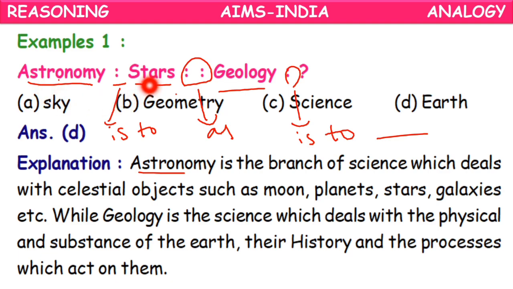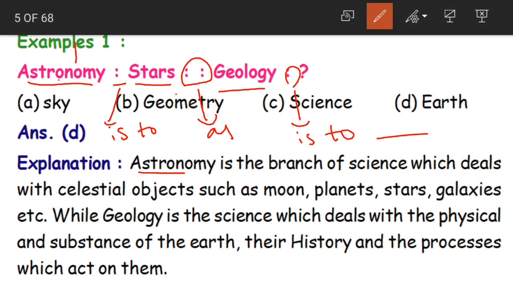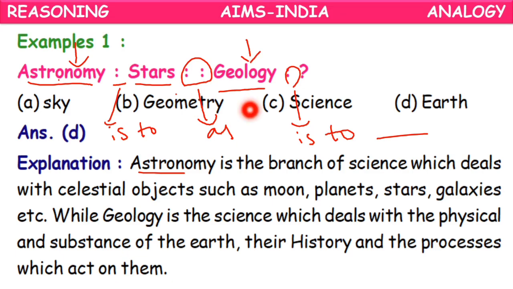What is the relationship between the first pair of words, astronomy and stars? Astronomy is the branch of science which deals with celestial objects such as stars, moons, planets, etc. And in the same way here, geology, as astronomy is a branch of science, geology is also a branch of